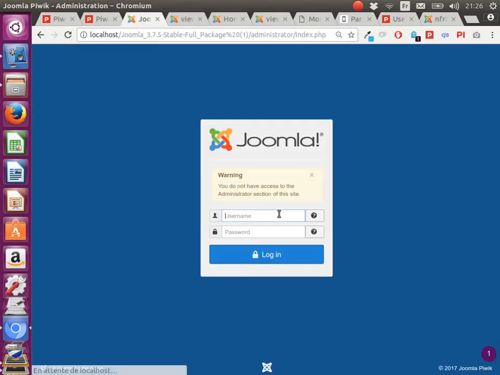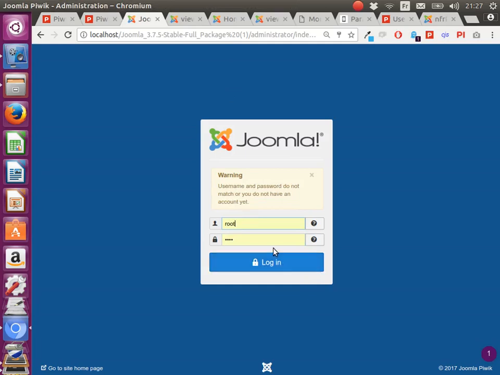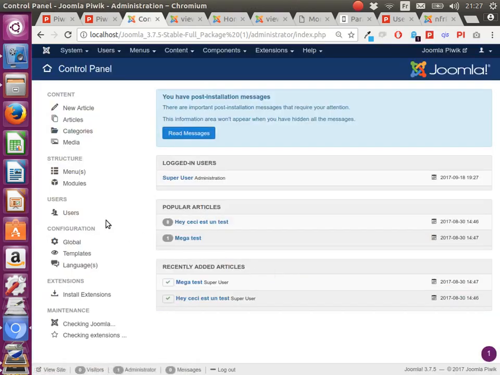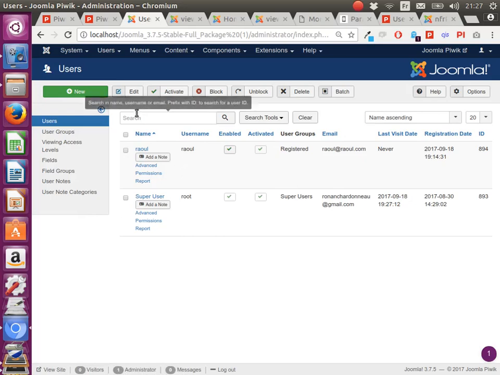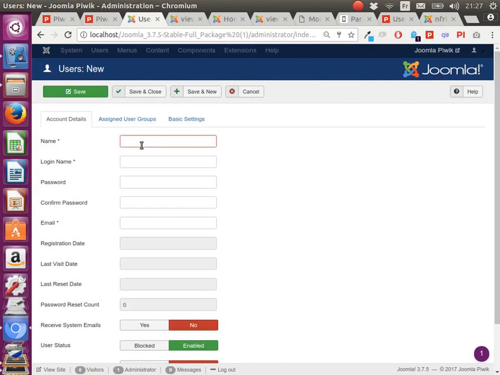So I log myself in and they say, okay, your password is not good because I don't remember the password. So okay, definitely not lucky tonight, so I'm just gonna come back here and just create the user with you. So let's say, let's call it Mark, and then login Mark, and then password is Mark, and then Mark, and then Mark at mark.com. Okay, save.